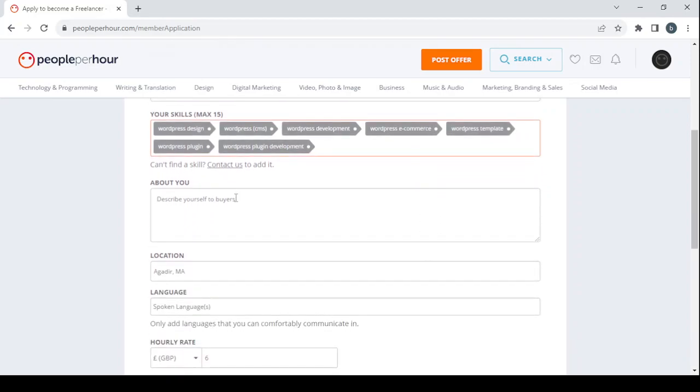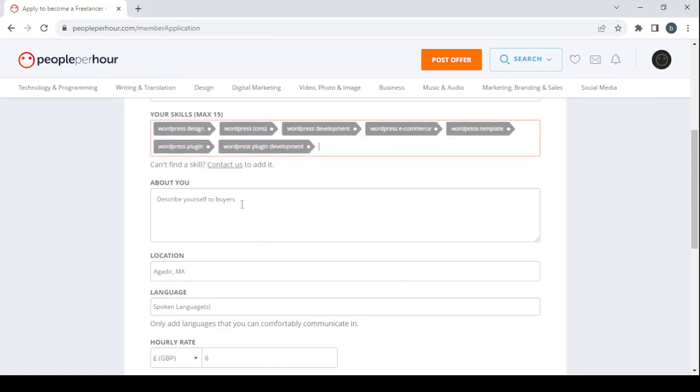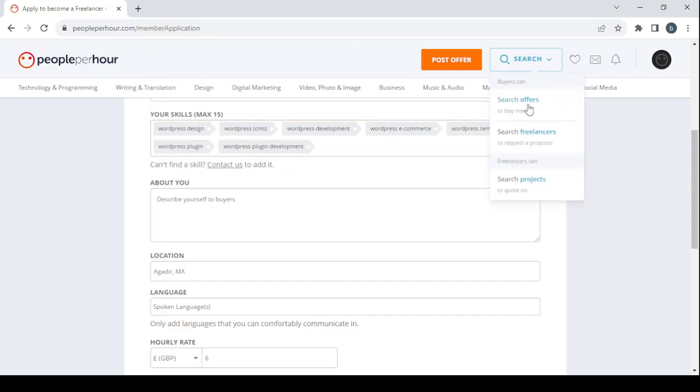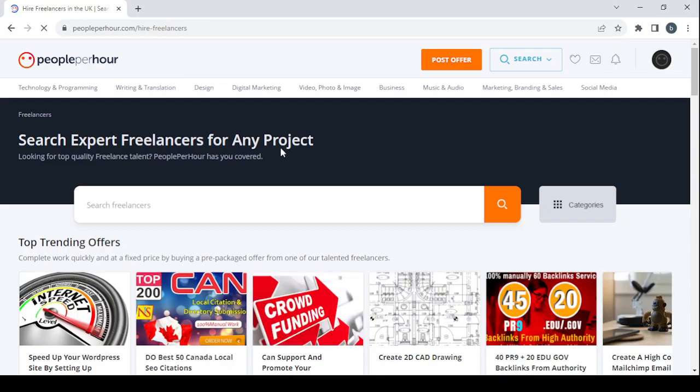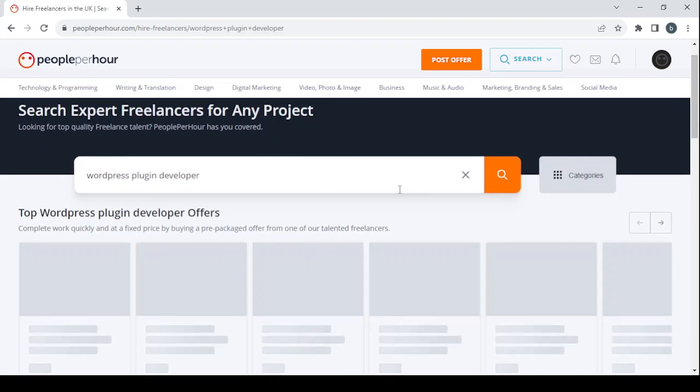Then we proceed to fill in the about you section. So here you describe yourself to buyers. And guys, in order to make a decent description for your profile, what I like to use personally is going to the search box and searching for the other freelancers and seeing how they are talking about the skill in their profiles. So let's go to the search in here and click on search freelancers. And here we're going to search for WordPress plugin developers, and we're going to check their